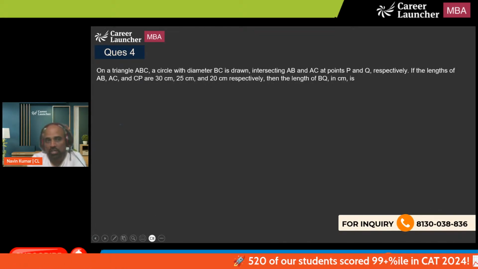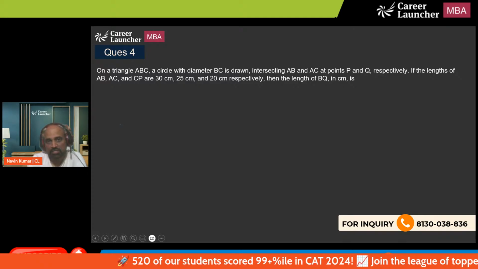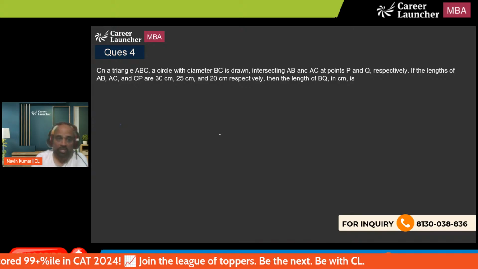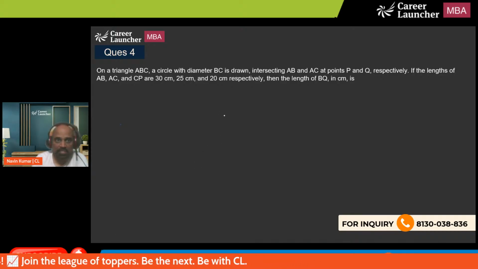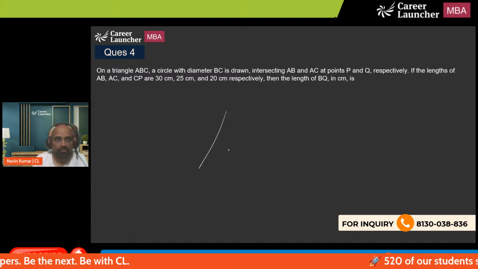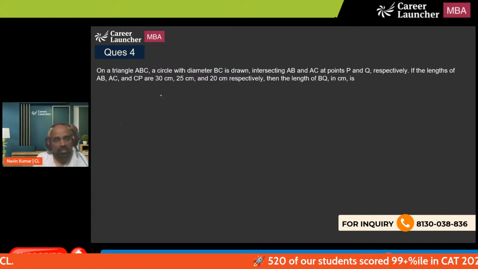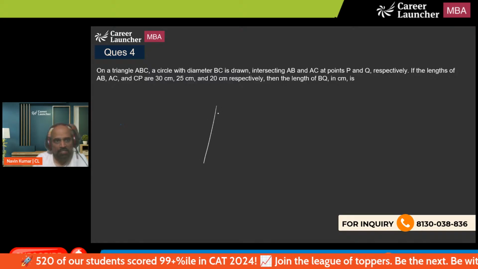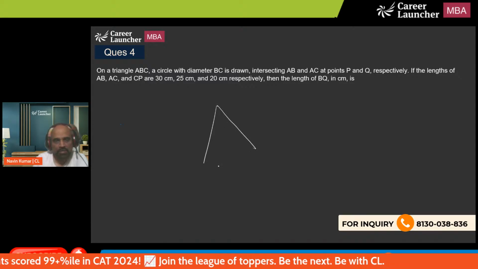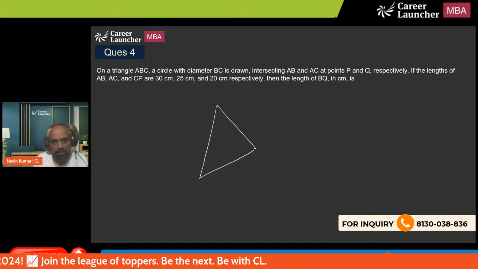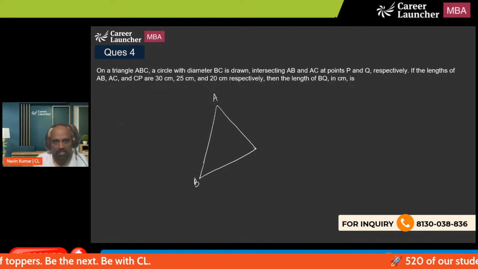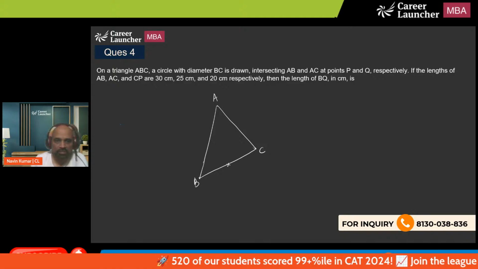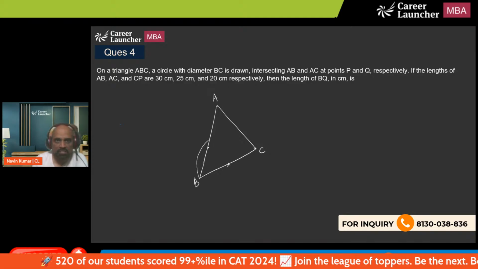Another one. On a triangle ABC, a circle with diameter BC is drawn, intersecting AB and AC at points P and Q respectively. Okay, so we have a triangle ABC, where AB is 30, AC is 25. No idea about BC, so this is A, B, C. With diameter BC is drawn. So if we draw a semicircle,